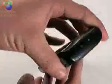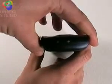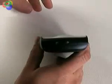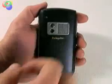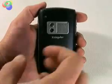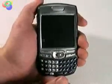And the top has a feature that used to be unique to Palm, but now other manufacturers are copying: a switch to immediately silence the Treo and set it to vibrate mode. On the back you see a 1.3 megapixel camera and the outlet for the speakerphone, which is fairly loud. You can also see these large bevels down the side, which actually help the Treo to sit in your hand